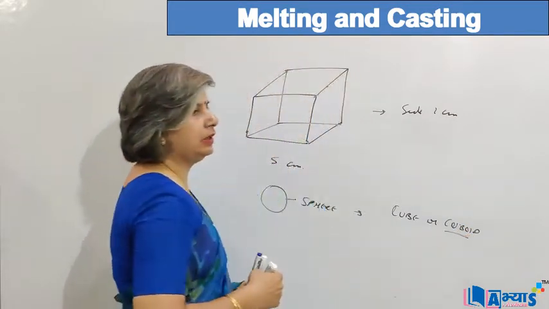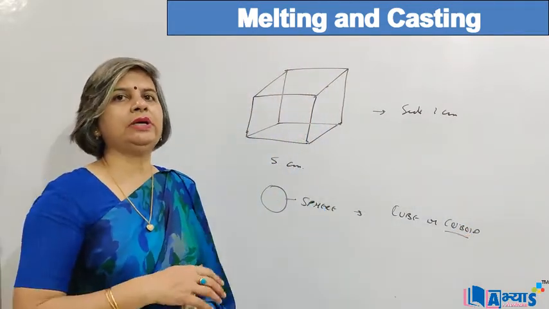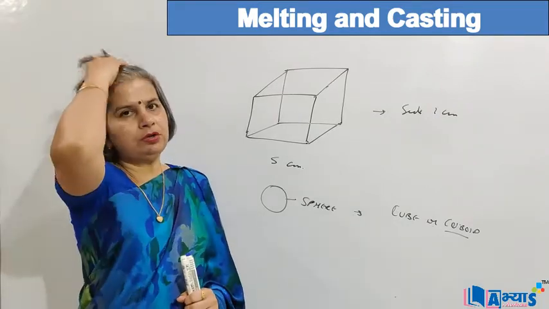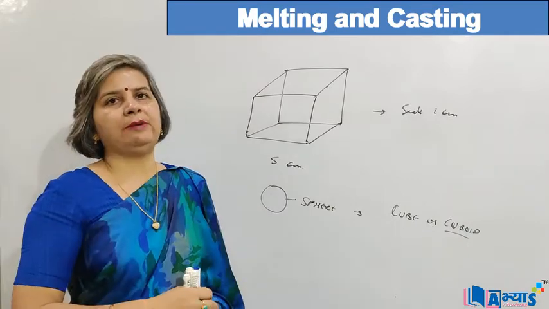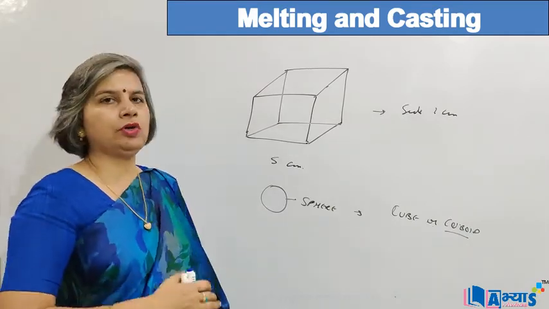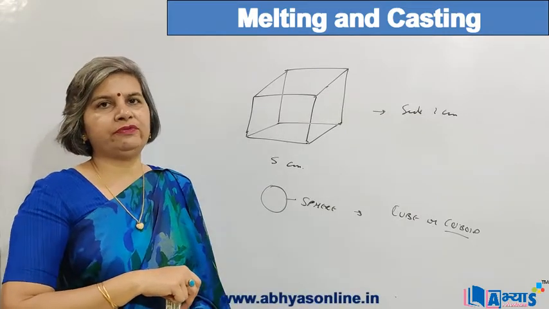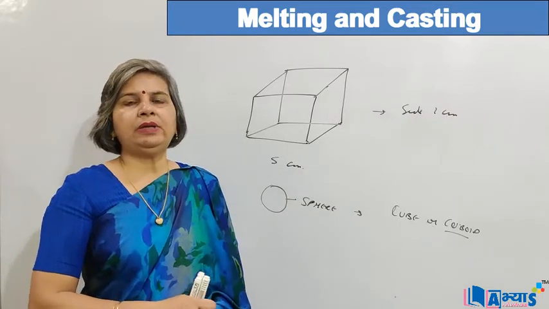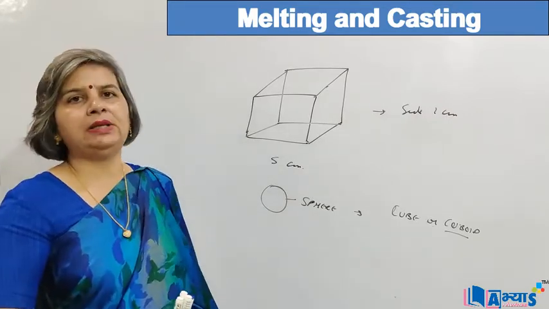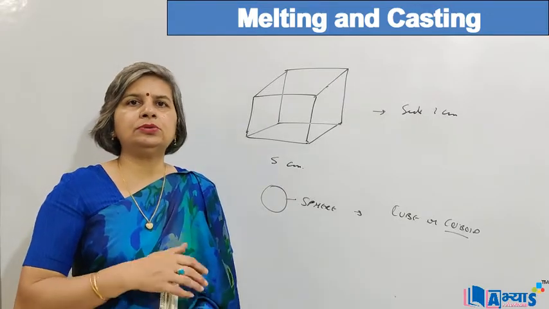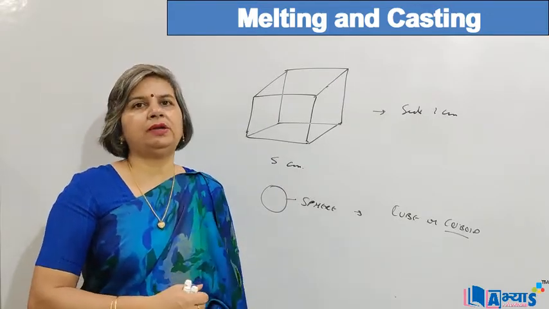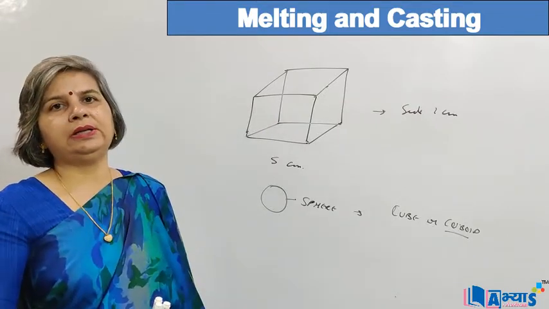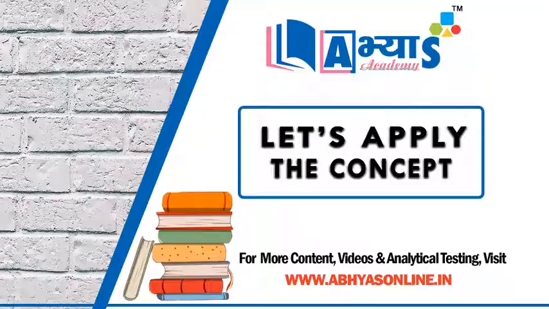Whenever we are melting a particular shape and making a new shape out of it, in these types of situations the total volume of the figure will remain the same. So we will find the volume of the figure that was first available to us and the volume of the figure that is recasted, equate the two volumes, and then find the answer as the question asks. The basic concept in melting and recasting is that the volume of the different shapes before and after melting and recasting will remain the same.